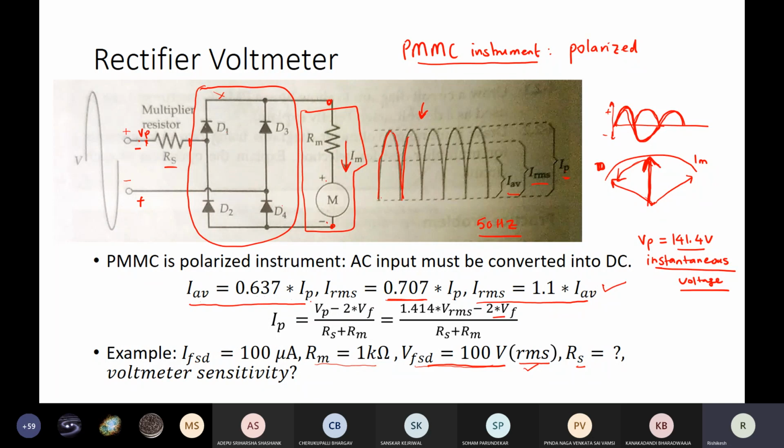In general, if you consider silicon diodes, how much is the voltage drop across a diode when it is forward biased? 0.7. So VF is 0.7. So 2 into VF, because there are two diodes which will be in conducting mode in that case. So 0.7 into 2, 1.4. So Vp minus 1.4, divided by